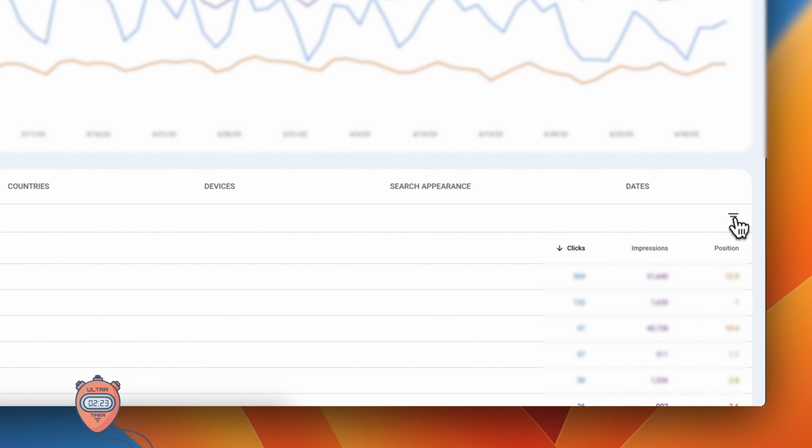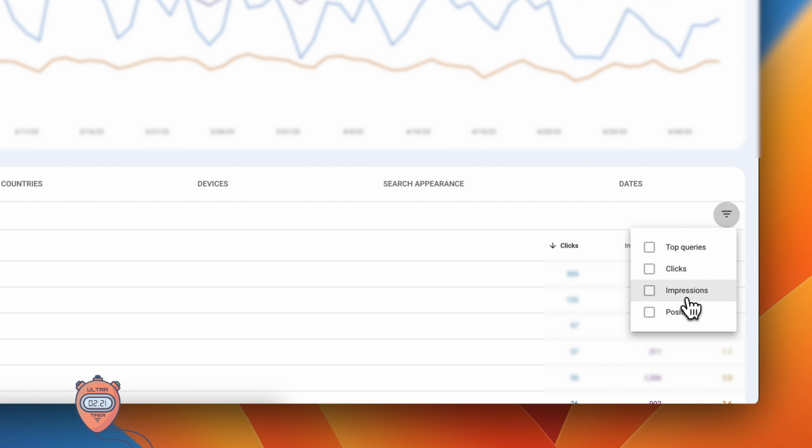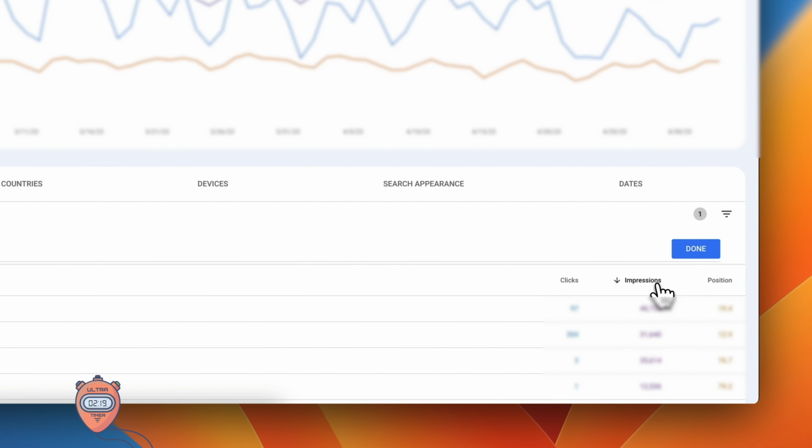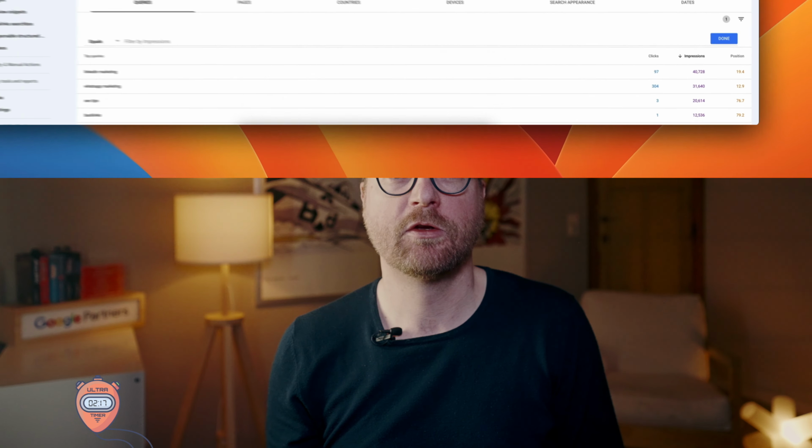This will give you a list of all the high search volume keywords that your website is currently ranking for and on what position. Using this information, you can start optimizing for those terms or use them as input as part of your keyword research to start creating topical clusters around them.